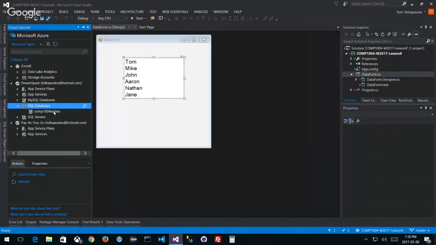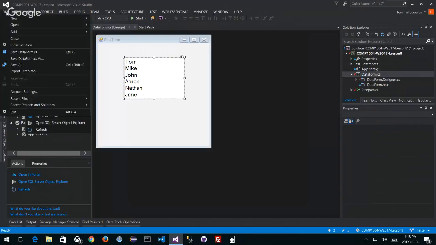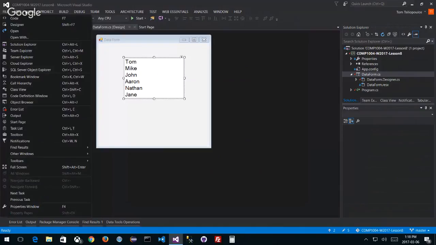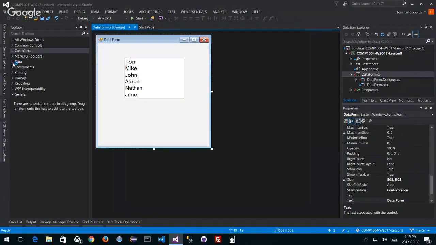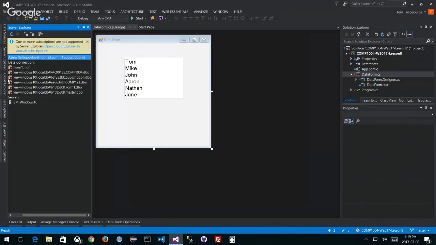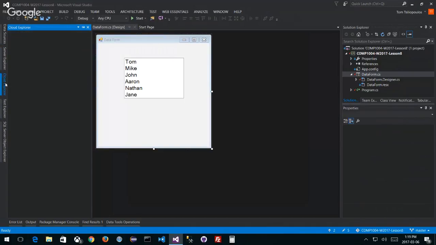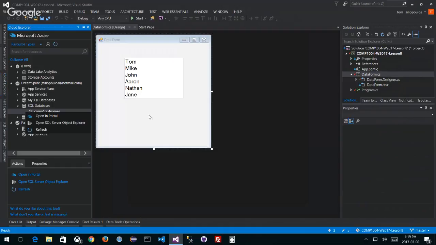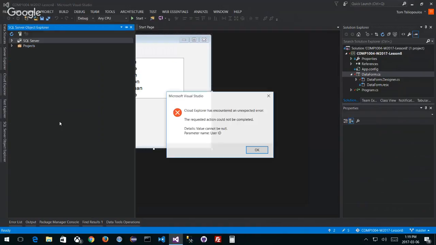Why is this important? Well, because if I click onto this, I can open it in a portal. I can open it in SQL Server Object Explorer, which is what I want. Now, SQL Server Object Explorer can be found by going to View, and if you look down here, if you're using Visual Studio 2015 with Enterprise, it's SQL Server Object Explorer on the top, okay? Well, let's go back. If I go to my Server Explorer, and look at Cloud Explorer, which is here, Cloud Explorer is only going to be there if you've downloaded the right extensions. And if I open up in SQL Server Object Explorer, then you're going to see another list that comes up,